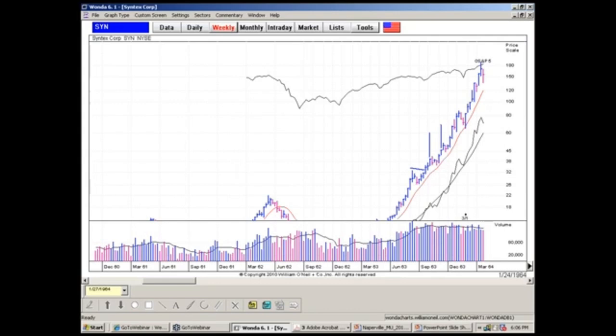And at that point, I decided I had built up so many profits for that year that I was going to try to hold it for a 6-month capital gain, which was the rule at that point. And I did hold it for 6 months from the breakout point, and that was 1 day after the top, which is where it was sold.